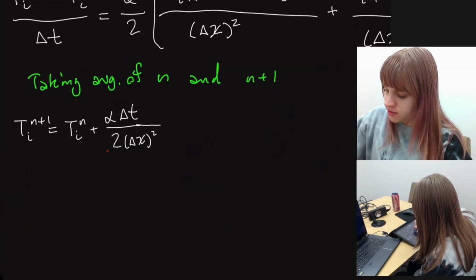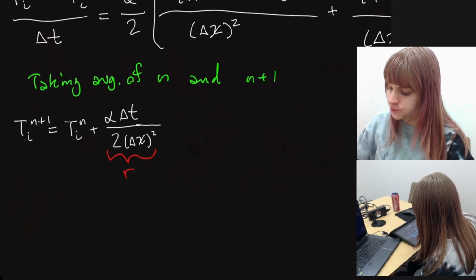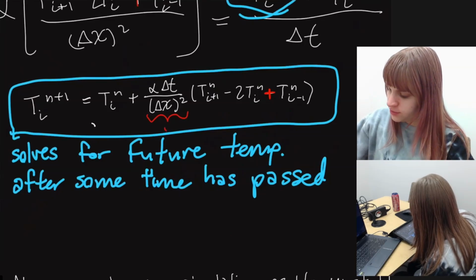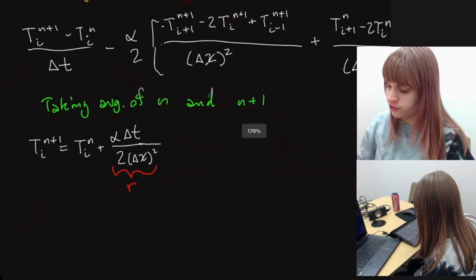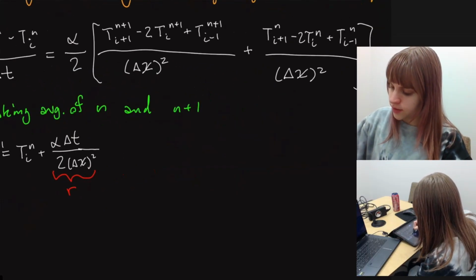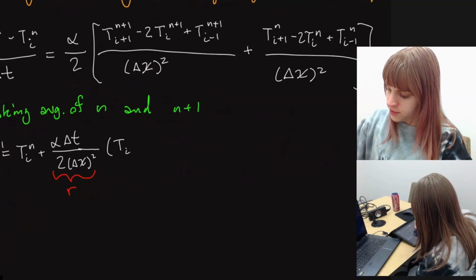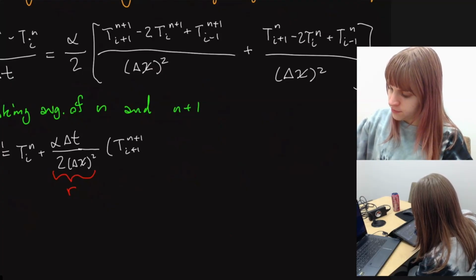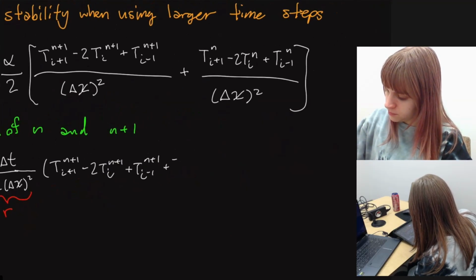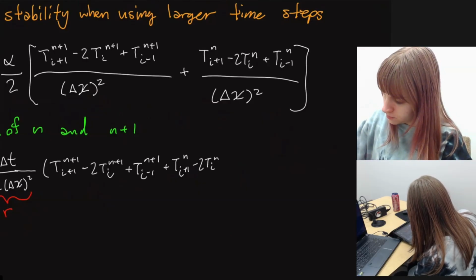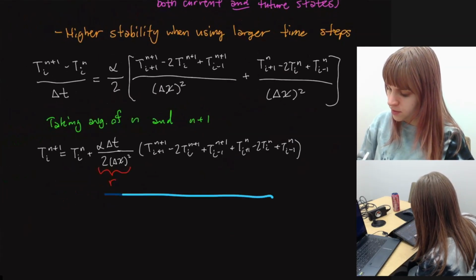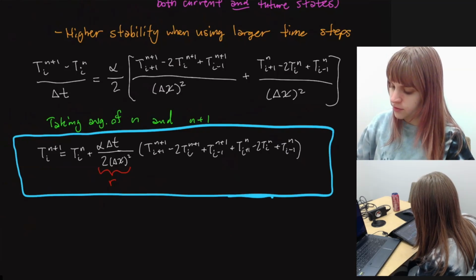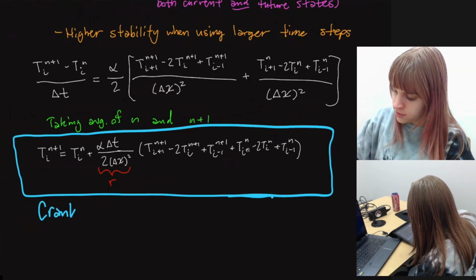As you can see, this is our r value right here. This was our previous r value. So it's the same except divided by 2 because we are taking the average. And then it's just the rest of those terms that I have above. And that right there is our final equation from the Crank-Nicolson